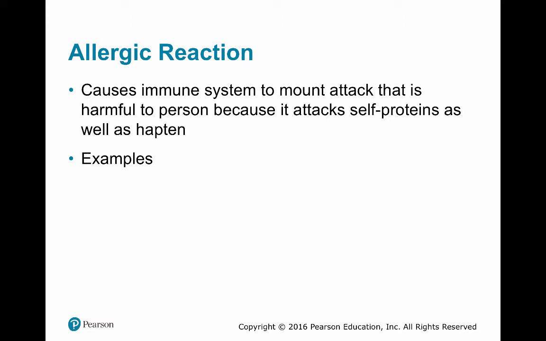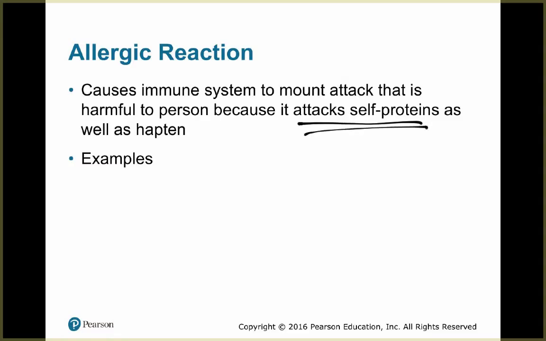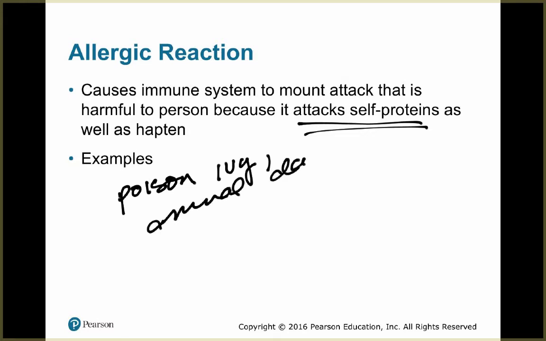So if incomplete antigens target or attach to a protein that your body naturally produces, and then this small molecule attaches to it and activates the body's sense to see it as foreign, then it's going to start attacking self-proteins. And if it's attacking self-proteins, it's basically your body attacking yourself, right? An example of this that can happen is poison ivy, animal dander,